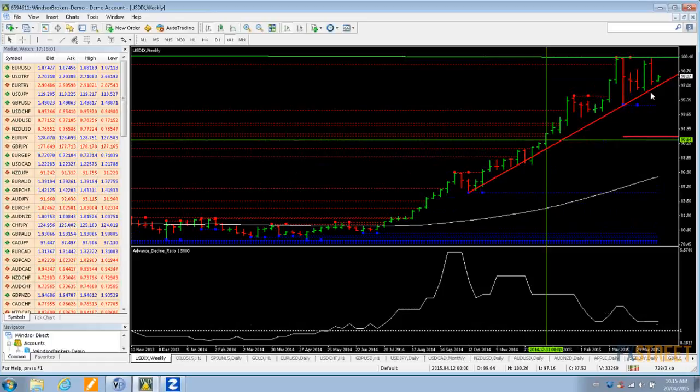And again, if we look at this trend line on a weekly time frame using the Windsor platform and the DXY, it's a very steep trend line, but they're respecting it. The bottom line is they are respecting this trend line, and you can see that I have a fractal point, which is basically the point where you'll draw a trend line from. You're just drawing it from right to left, not from left to right. So we're taking our trend line and looking for a point here and then going from the right side of the screen to the left side of the screen and matching it to a previous low,